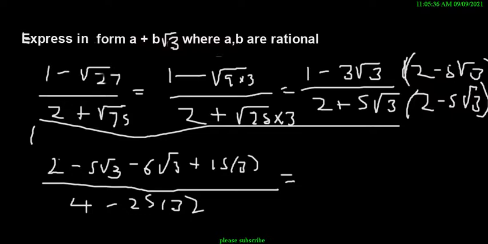Then we go on and say, okay, 3 times 15, that's 45, and 2 plus 45, that's 47. We want to have 47, and now we have negative 5 root of 3 minus 6 root of 3, which is going to be minus 11 root of 3